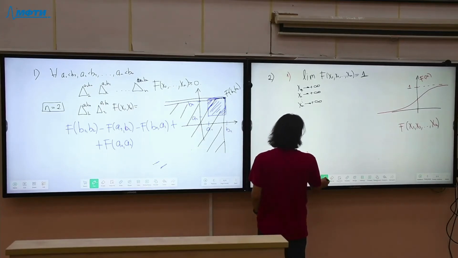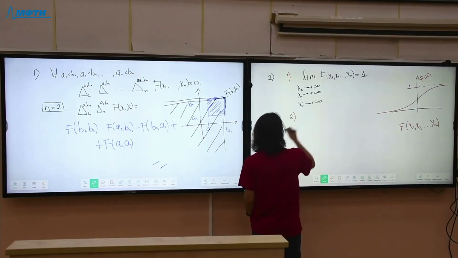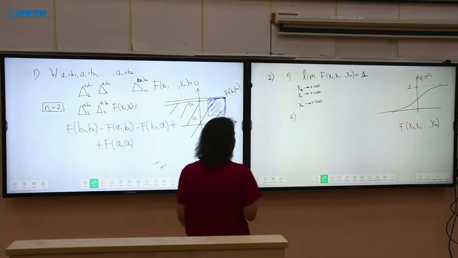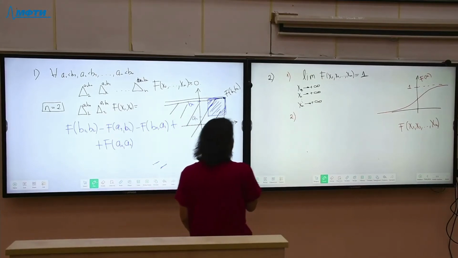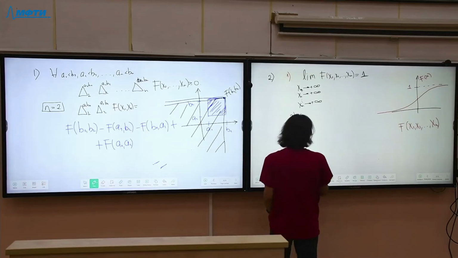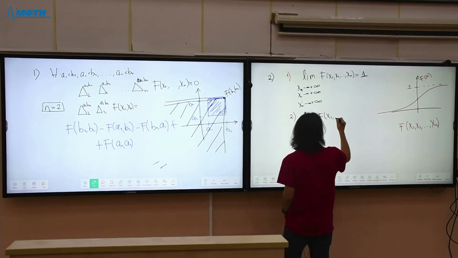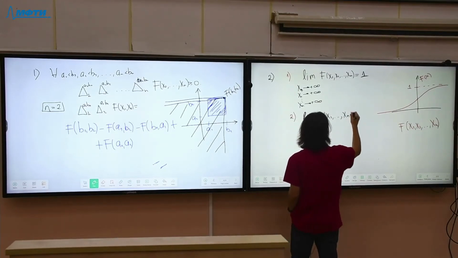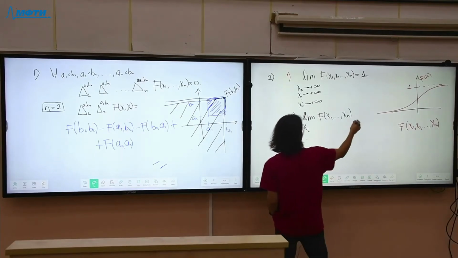And the second property is that if one of them tends to minus infinity, so if the limit of this function, if xi, so for every i,